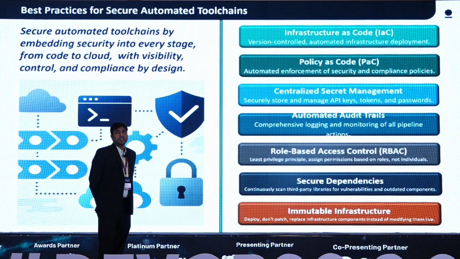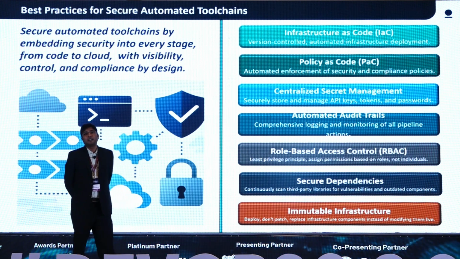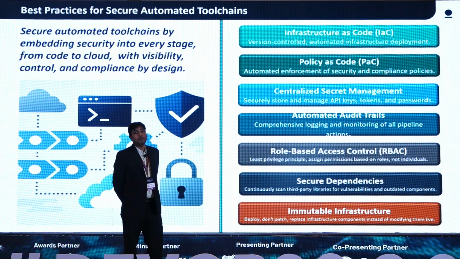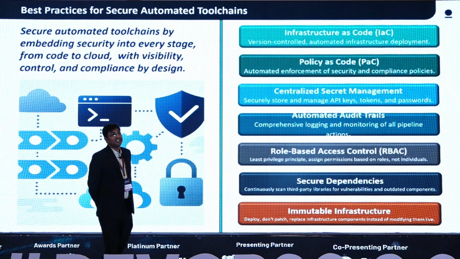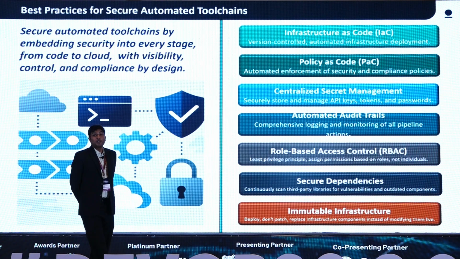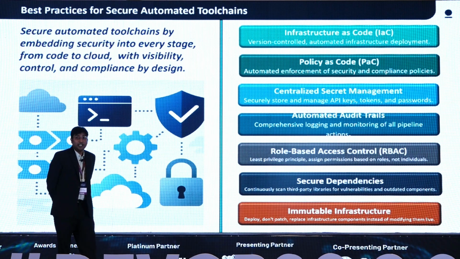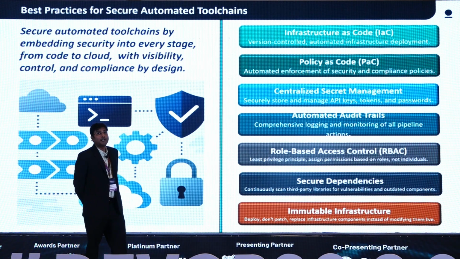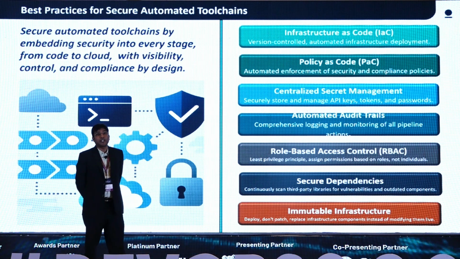And then immutable infrastructure. I was having a discussion with someone: why do we need to create infrastructure or environment again and again? Now, when you keep infrastructure for so long, there are so many vulnerabilities. In fact, each and every day attackers are active, so your environment is going to be vulnerable. So don't leave the environment as it is. Don't just deploy, don't patch, which means you should be able to use an automation framework and create the environment end to end every other day rather than keeping it for years and years.